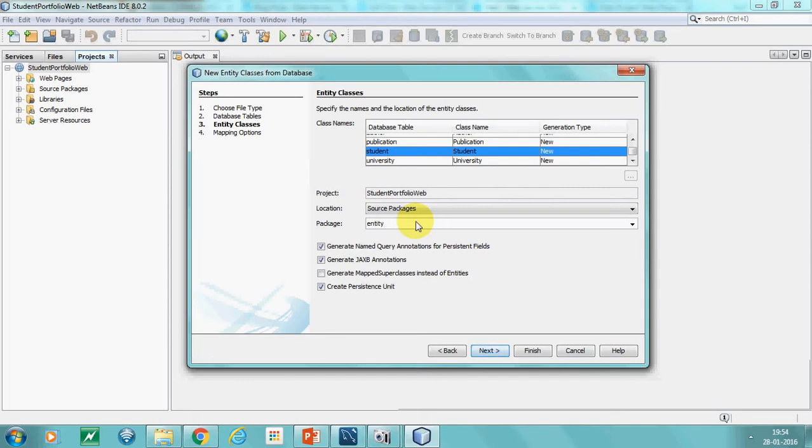So if my company name is Florida Atlantic University, and if my domain name is fau.edu, then for giving a package name, I should normally use edu.fau.entity. That would be the appropriate package name so that it will remain unique.